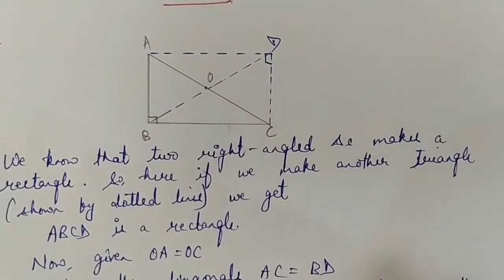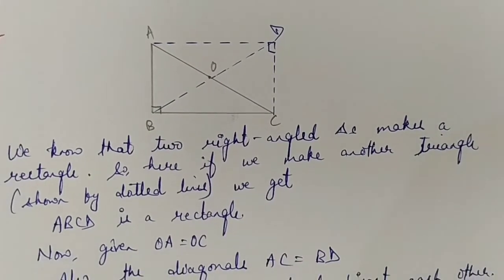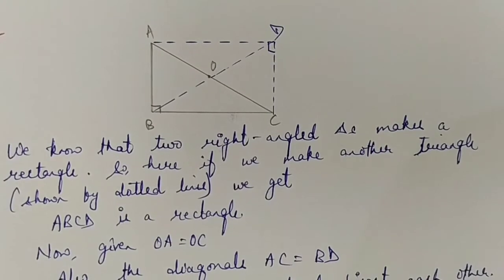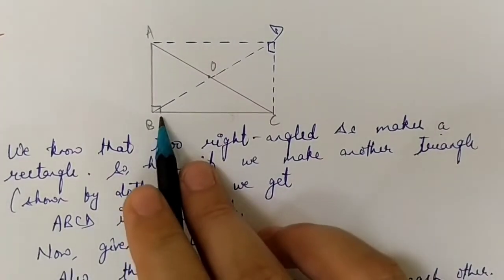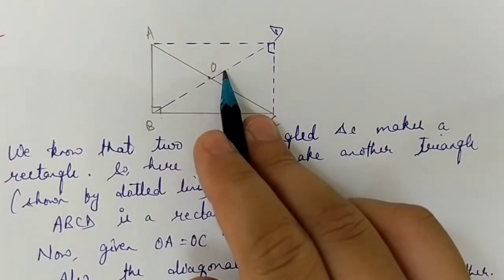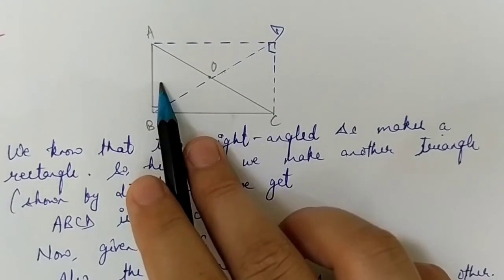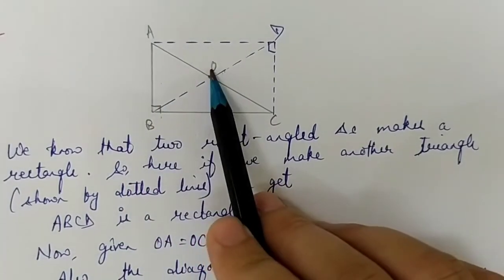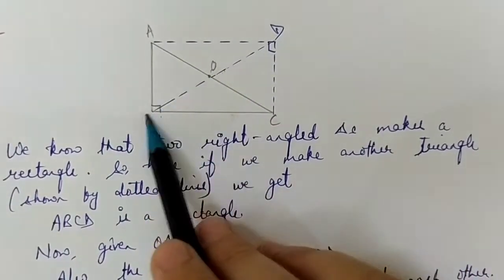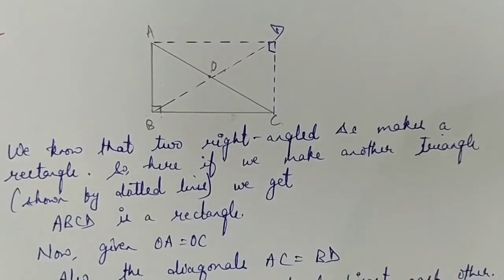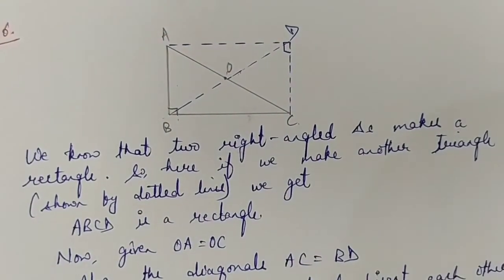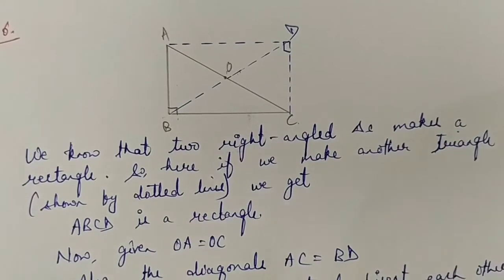So the question that I am discussing here is question number 6 of exercise 3.4. I have drawn the figure and have written the solution for you also. It says that ABC is a right angled triangle and O is the midpoint of the side opposite to the right angle. This is the right angle. O is the midpoint of the side opposite to this. Explain why O is equidistant from A, B and C. So here, what is the solution?